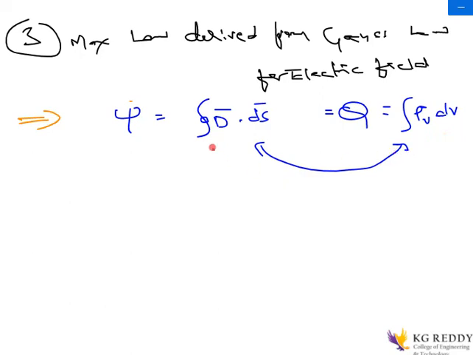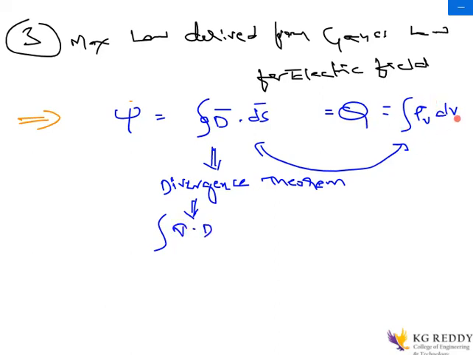And from the divergence theorem, whenever you are using Gauss law, as I told you earlier in Maxwell's equations for the static fields, this should be converted into a volume integral, because on the right hand side we have the volume charge distribution. So try to convert the left hand side also into a volume integral. This can be derived from the divergence theorem. You can go back and check with the divergence theorem. This is the same thing which we use in the Gauss law.